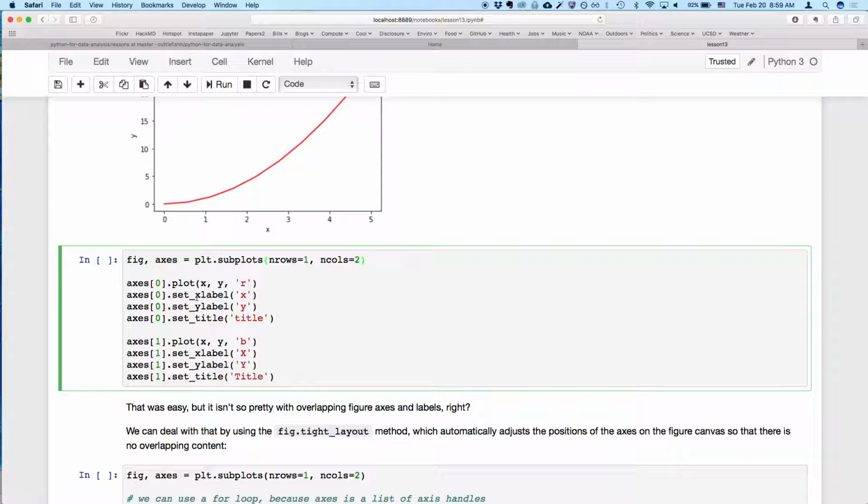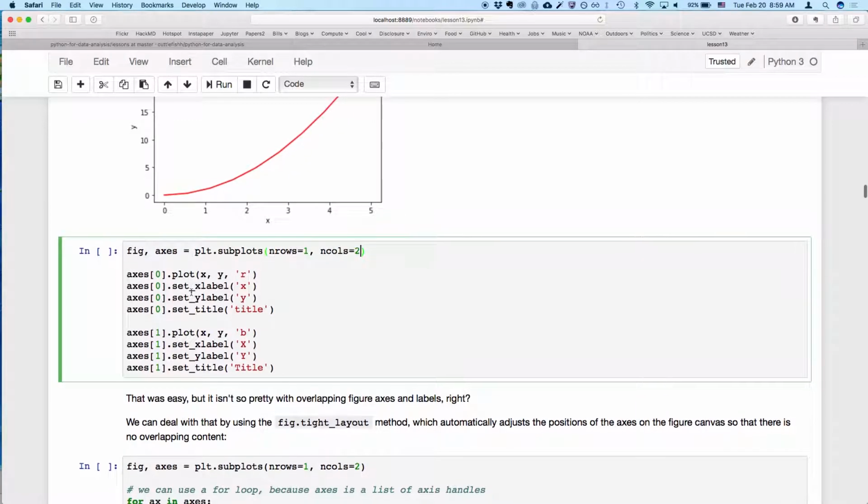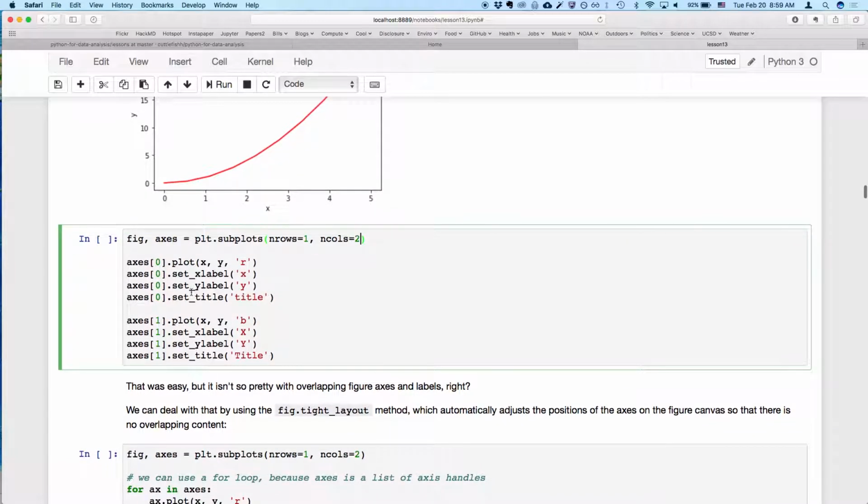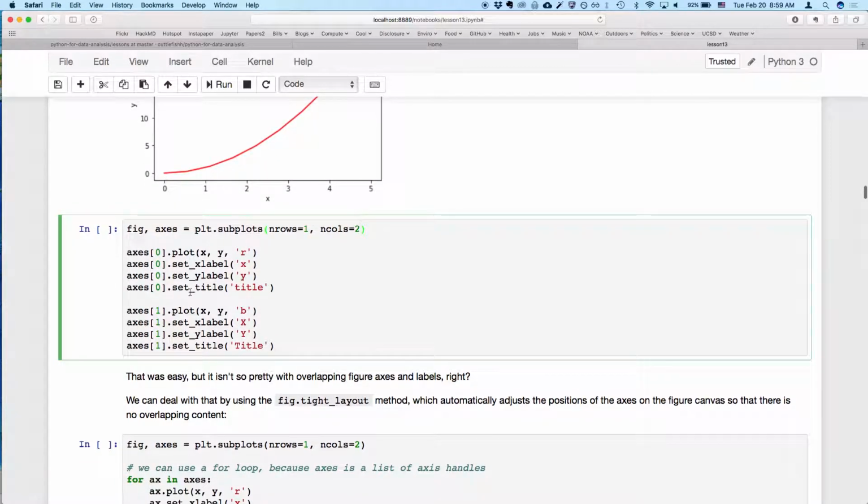So then the axes object will be an array with two axis handles in it. I'll show you that in a minute. So we have axes, and then just like we do with a list or arrays, we can index that array to get just the first subplot, or the second subplot, or the first axis or the second axis. And the first one is going to be index 0, and the second one will be index 1. So when we execute this one,